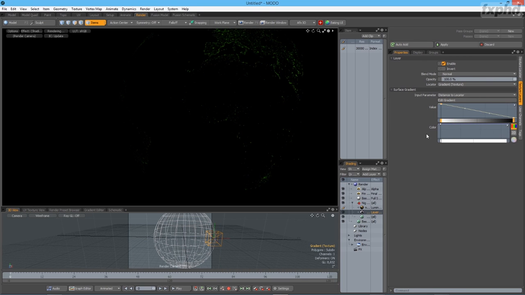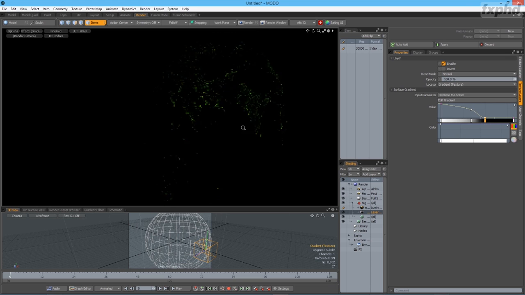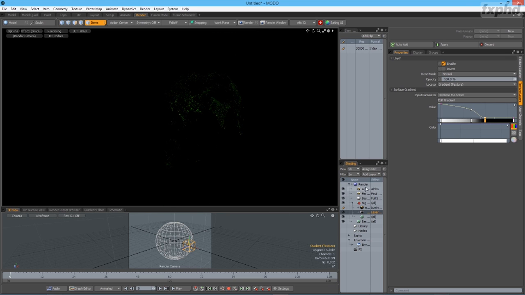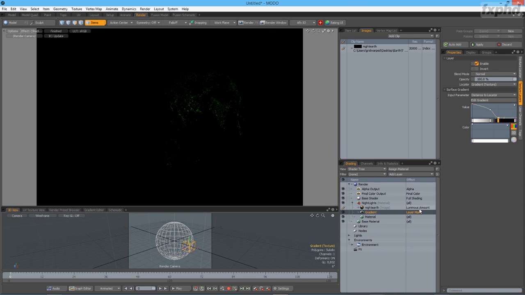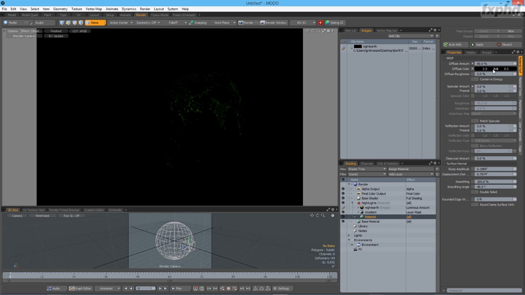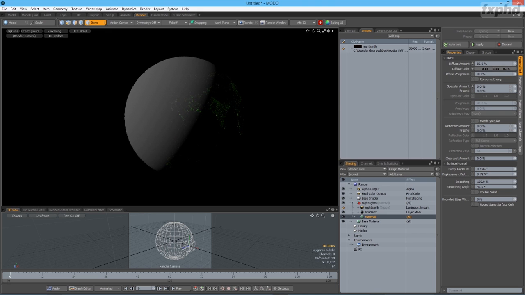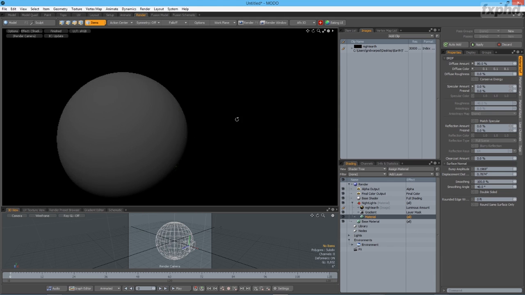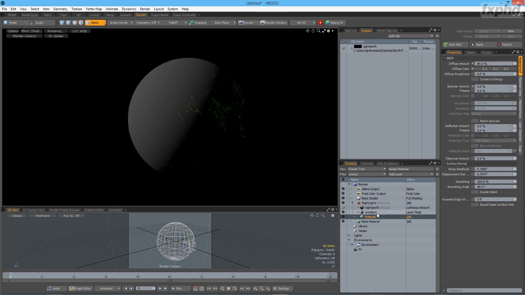And then what I'm going to do, just to help you understand what's happening here, it's fading from complete on to complete off, but obviously we want it to fall off in the middle there. So I can just add a few more keyframes, pull this one down somewhere around there, and it's just so we can see this better. I'm going to put some color back in on our diffuse color. So now we can see we have the fall off happening here,